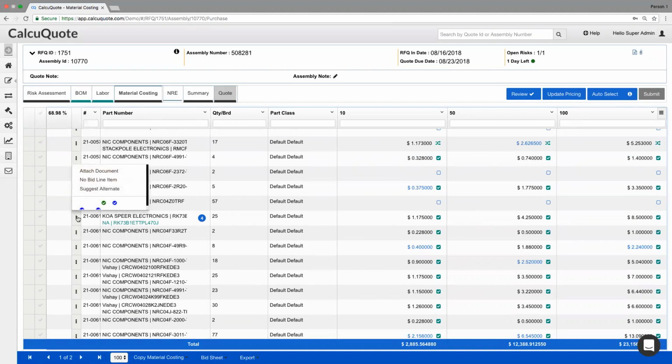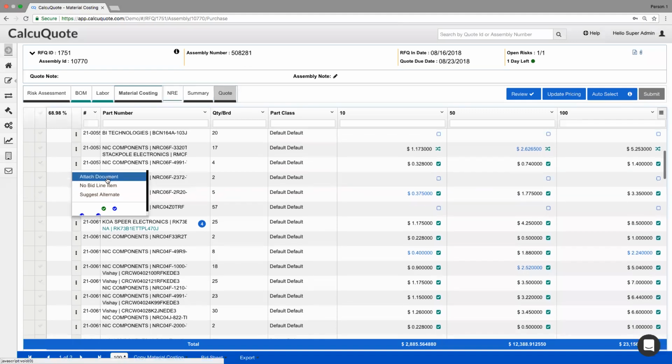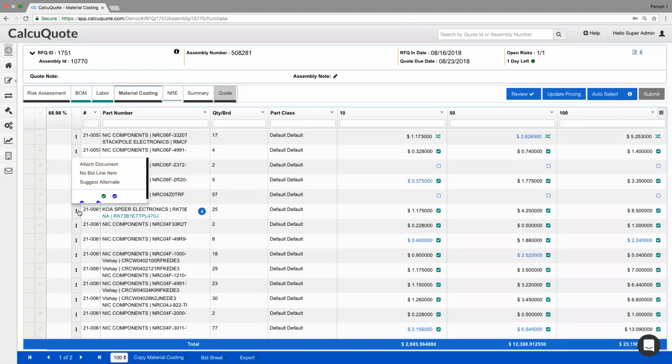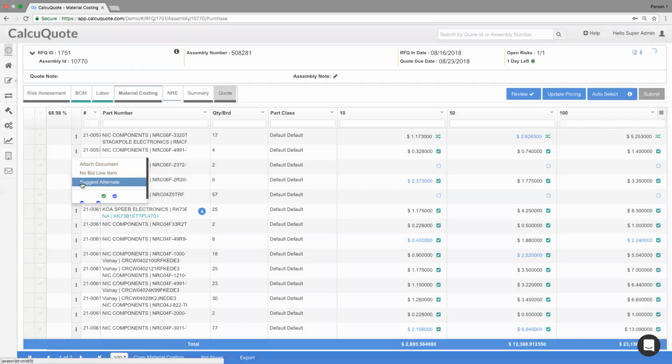Maybe you can ask DigiKey if there's a suggested alternate. You could look into your ERP system. As many of you know, there's a lot of ways to do it. There's also a way to do it in CalcuQuote now, and we mentioned this last time, but it's something that we want to reiterate as we've enhanced it just a little bit. So now when I go to Suggest Alternate,